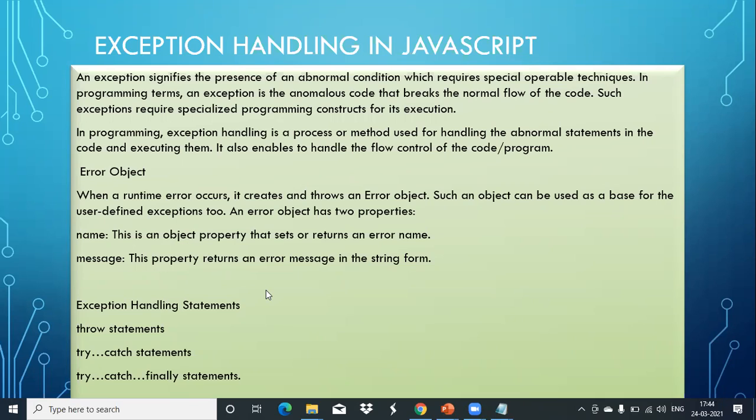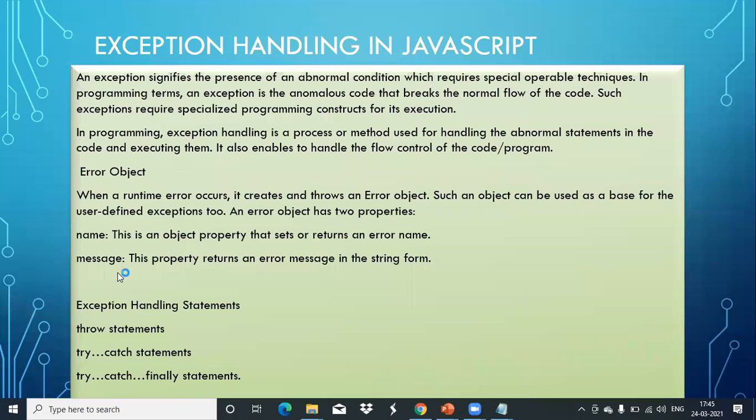When you're using an app and it stops unexpectedly, it will show a message box for you. Like this, whatever message you want to display for the user, that he is experiencing a runtime error, we can do using this error object in JavaScript to handle error situations.